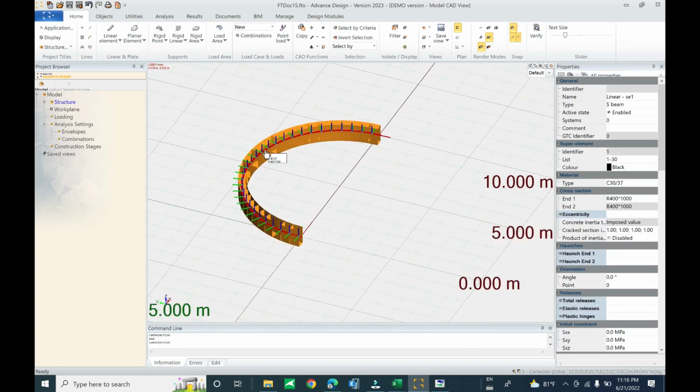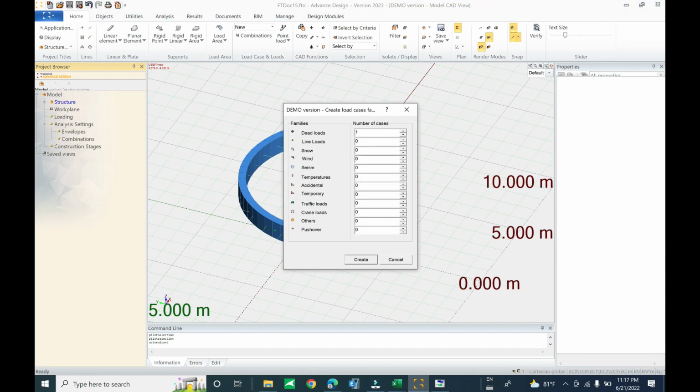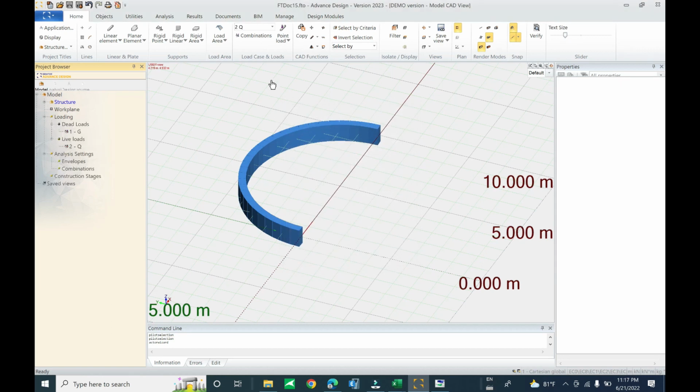Click on curve beam, create new load. Now you can click on loading, create several case families. Input one. You input one for the load case you want to active. If you don't want to active, you can keep the value 0. Now we want to active the load and line load. Click create the load and line load. Create, select all beam,